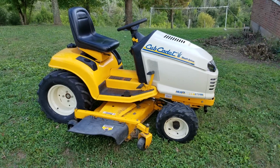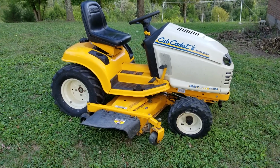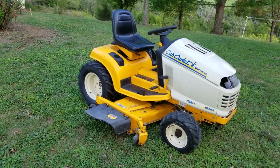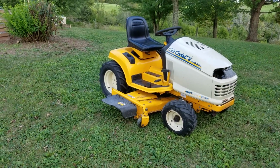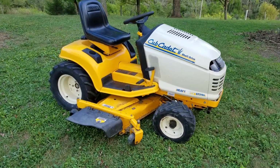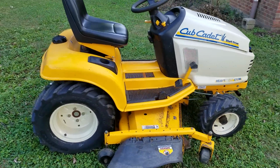Alright, this is a 2004 Cub Cadet GT 2186 heavy duty, and we've had problems here in Kentucky with mowing on these steep hills and losing traction. So today we went out and we purchased the Carlisle Tru Power